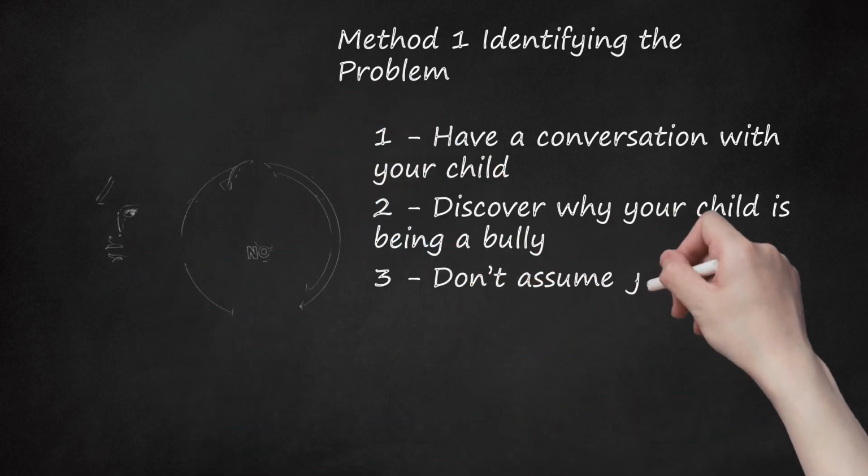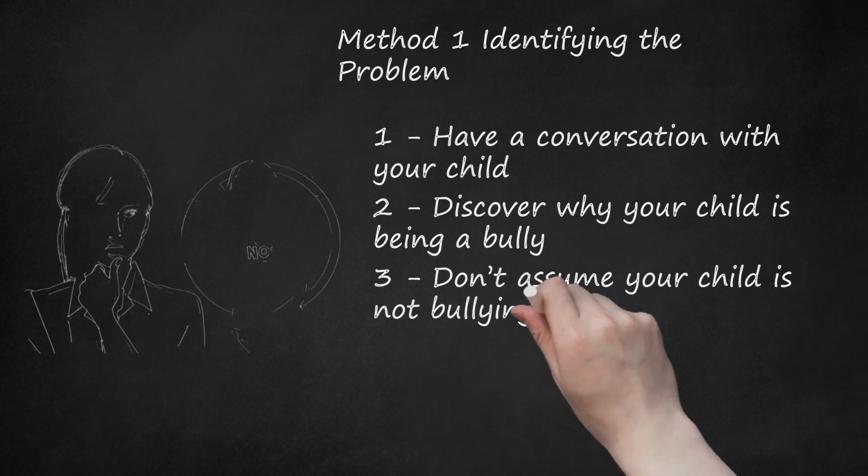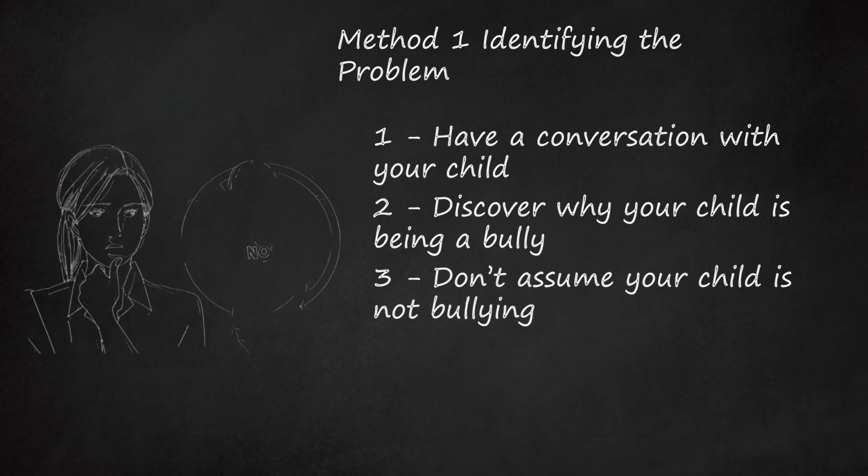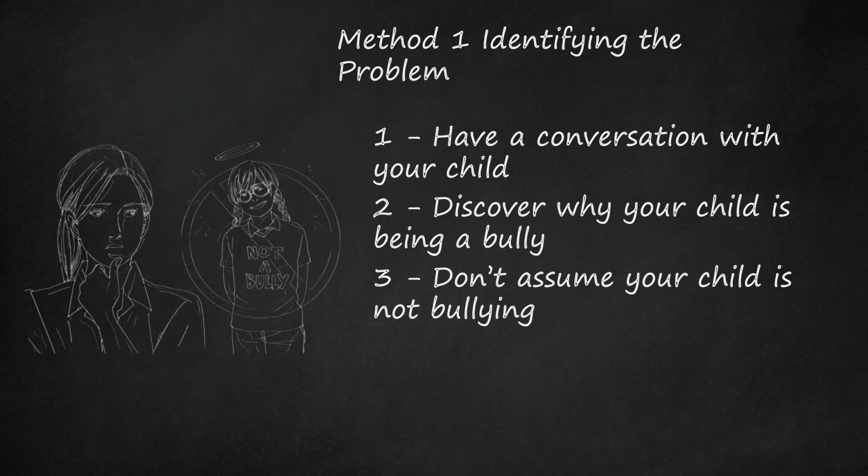3. Don't assume your child is not bullying. Many people are surprised to learn their child engages in bullying. As a parent, you might not see bullying behavior at home, or your child might not engage in bullying when you're around. Even if the child does bully others around you, you might be tempted to be generous and dismissive when you see it because you love your child.